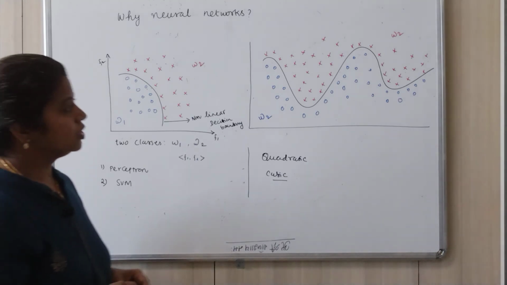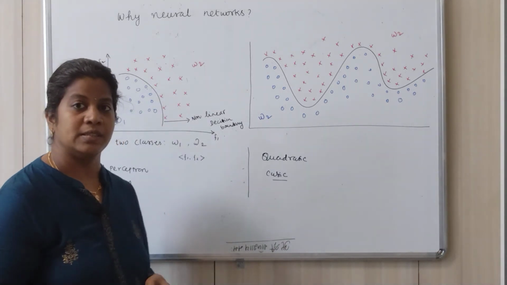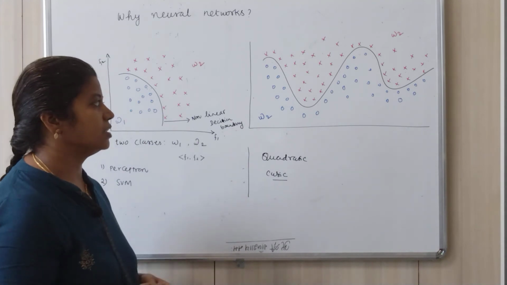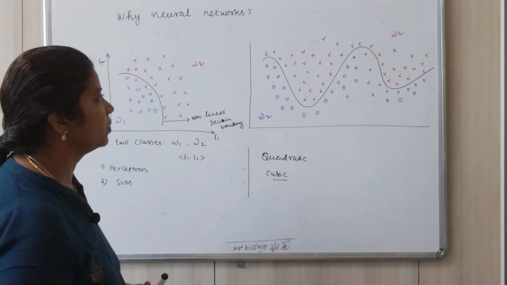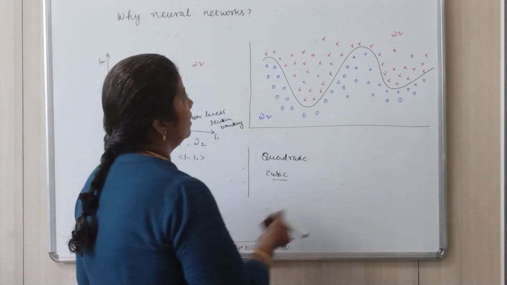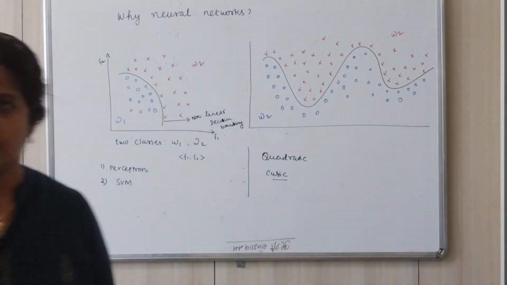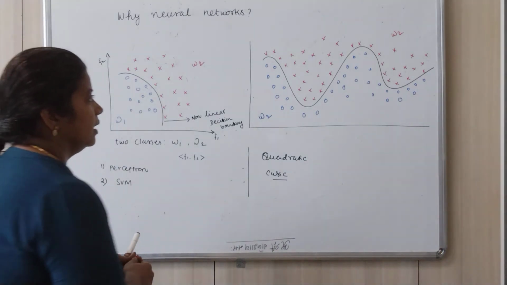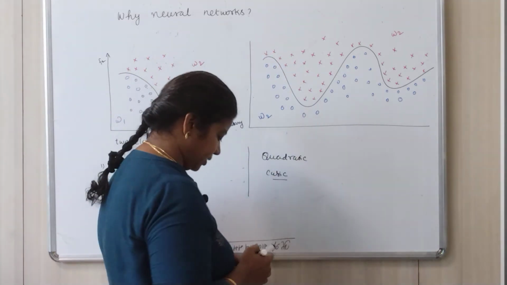So in such a situation, as I said, making use of a neural network is a wise decision. So what does a neural network do? The neural network, in its simplest form, we can say is nothing but a collection of